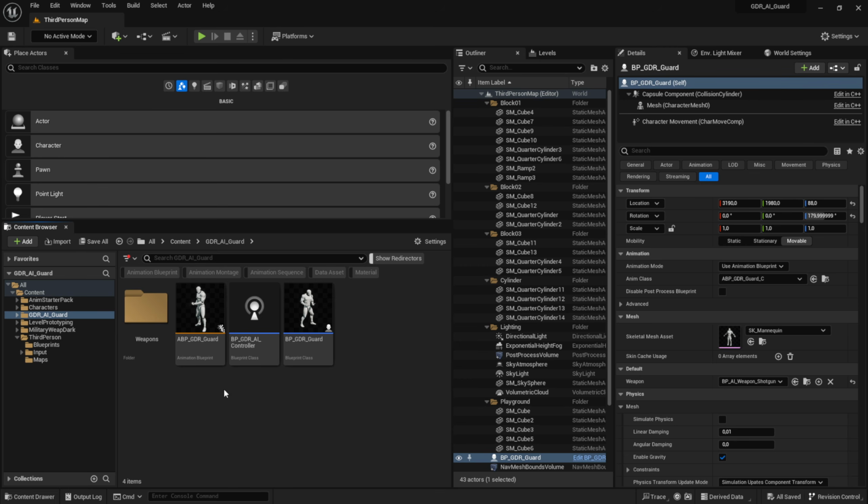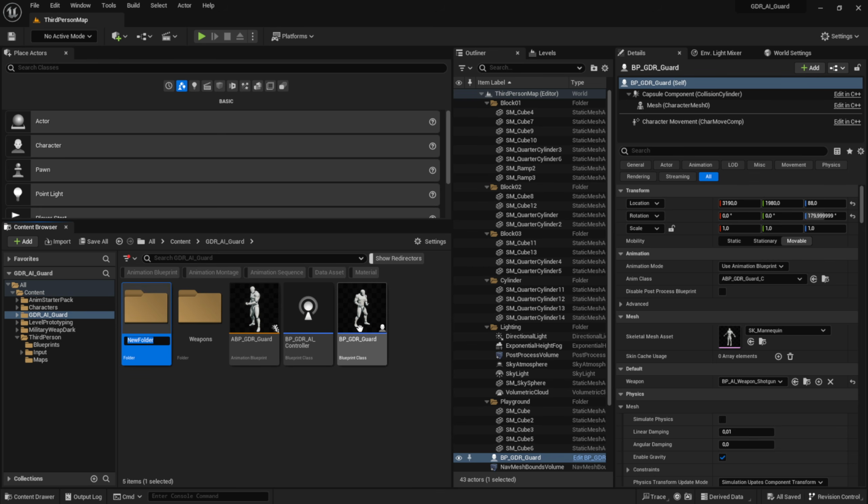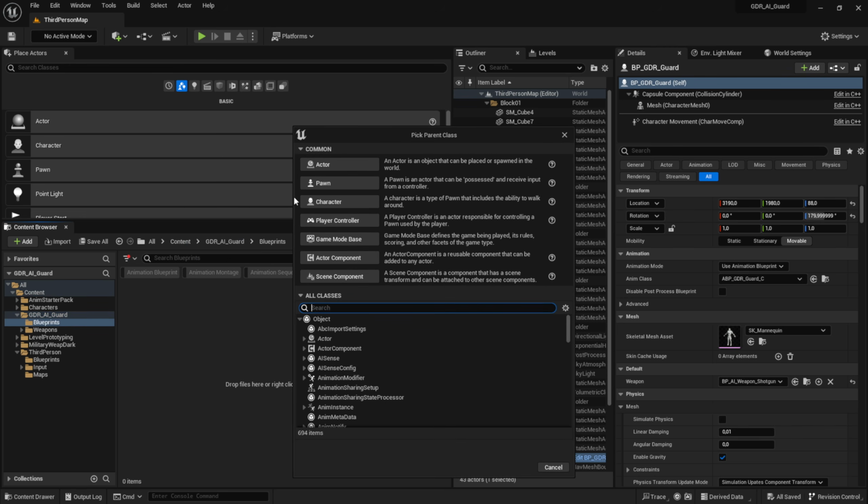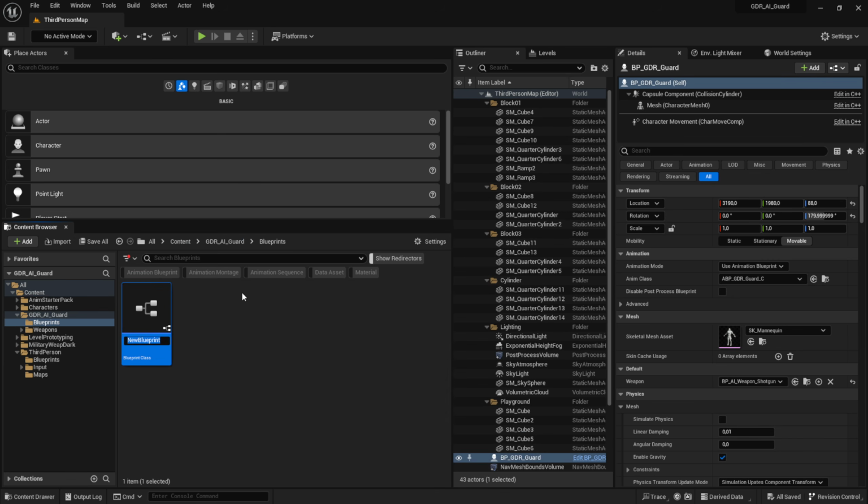I want to create a blueprint that we can add to the level so the guard has an actor to return to if we investigated a location. So that's kind of going to be the guard spot for the actor. And I'm going to create a folder in here to store all those kinds of blueprints. So let's create a new folder first and call this Blueprints. Open it up, and in here I'm going to create a new blueprint class, and that's going to be an actor. So I'm going to call this BP_GDR_GuardSpot, for example,